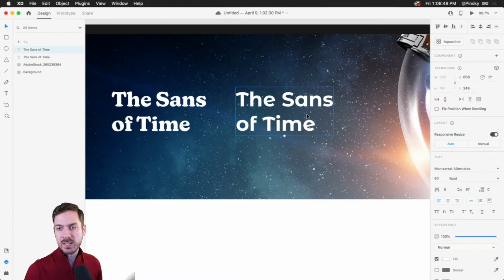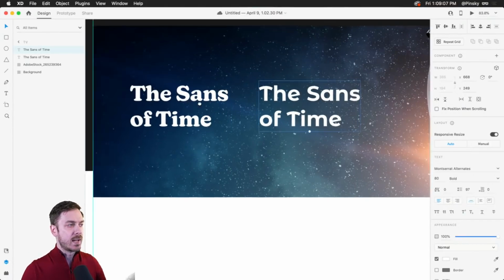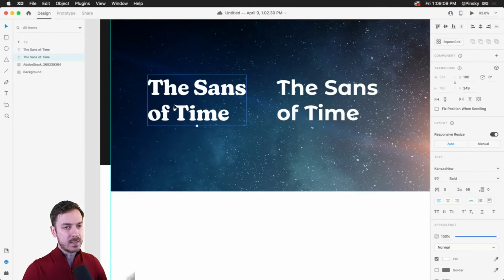Is Z depth the equivalent of Z index in web development? Yes, same deal. If you set the Z index on your websites, if you go inspect element or CSS, and set it at 1 or, let's say, 900, it's going to go above all the other layers below it.